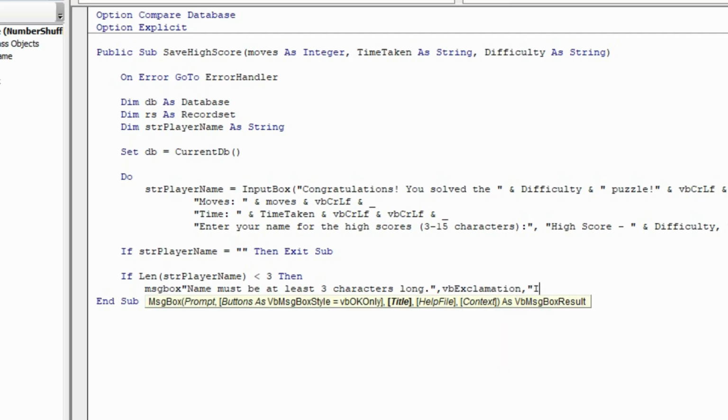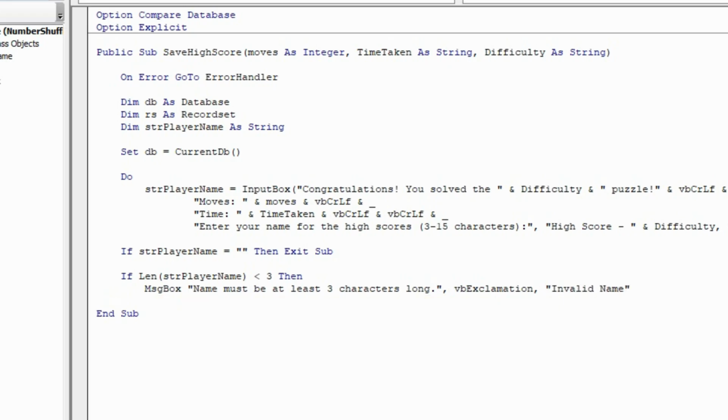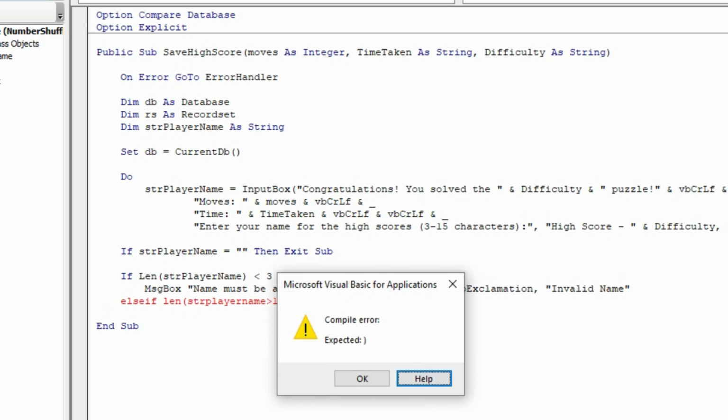I'll give it a title, "Invalid Name". Else if Len(strPlayerName) is greater than 15, then